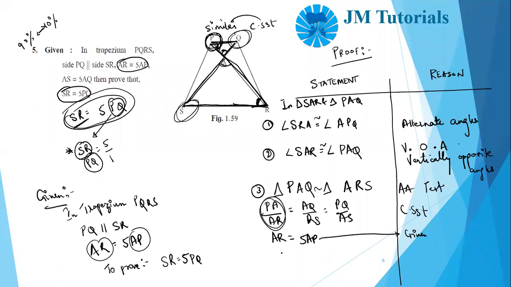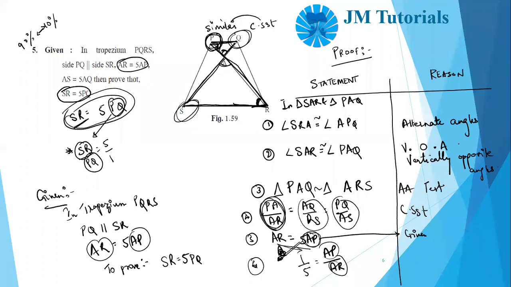Okay, so AP upon AR. How much is AP upon AR? AP you keep here only, AR you bring down. That means 5 you take down and 1 you keep here. So AP upon AR, you'll have to cross multiply here. 5 you'll take down. So that becomes 1 by 5. Therefore this also becomes 1 by 5. This also becomes 1 by 5. So I'll write it over here. This was my sixth step, my seventh step. AP upon AR becomes 1 upon 5. Now what we want to prove? We want to prove SR and PQ. So SR and PQ is where?